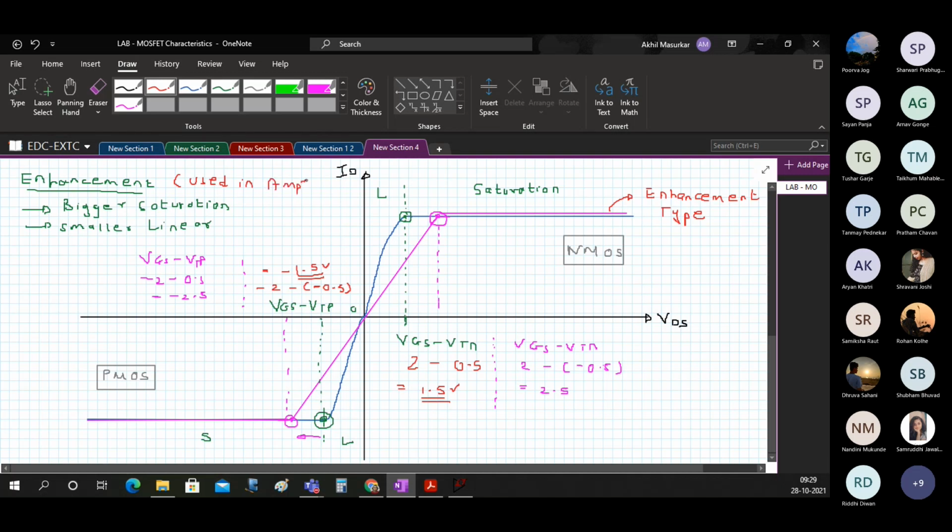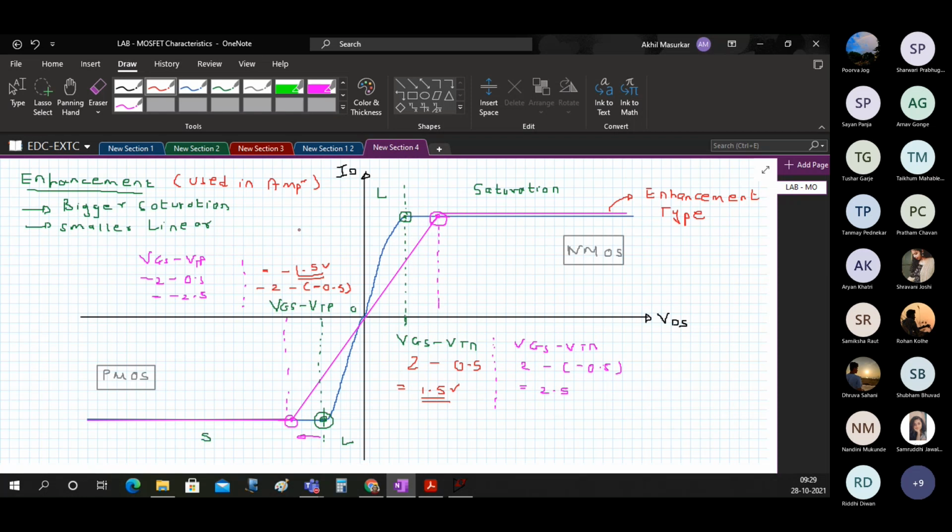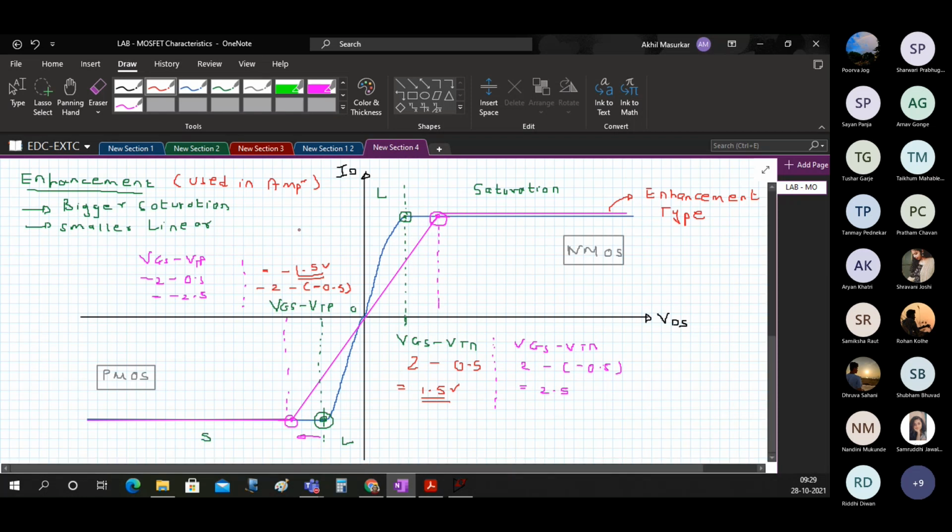Nobody should have a doubt, like when sir is designing an amplifier, why he is not using depletion type transistor. That is because when I am designing an amplifier, my Q point should always be in the saturation. So I would always like to have a bigger saturation and a smaller linear.